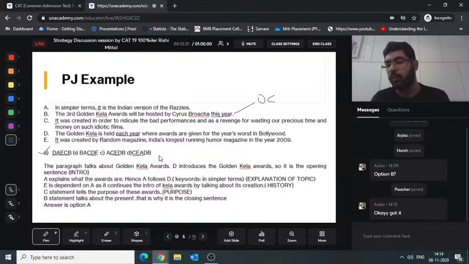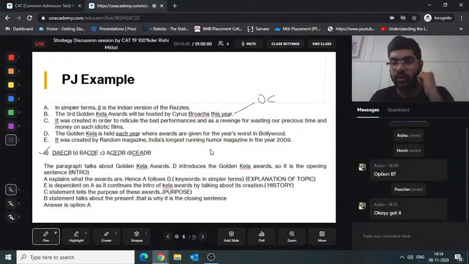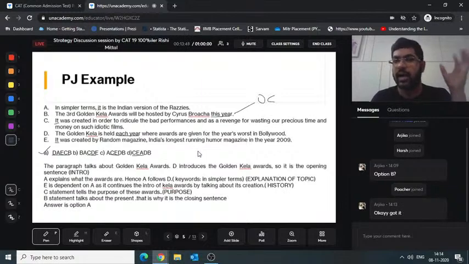So guys, when you're analyzing the para-jumbles, you might have given a number of mocks. You might be giving some more mocks in the next 20 days before CAT, right? So when you're analyzing this para-jumble, one thing definitely you can see is whether you've got it right or wrong. Second, understand the explanation of why your answer is right or wrong. One last thing you can also do is that usually this complete VRC section, be it the RCs, the para-jumbles, the summary questions, or the odd one out,